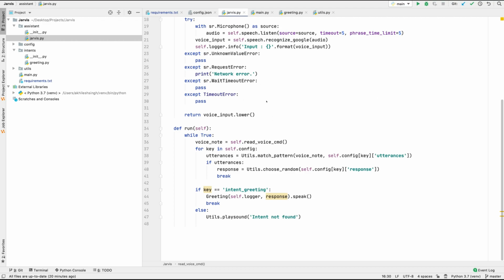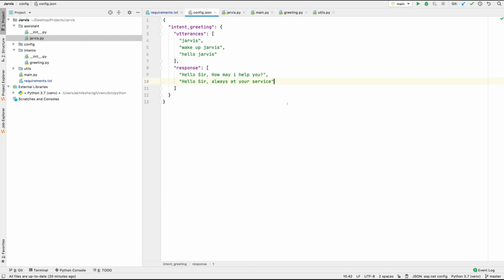So this is our Jarvis class. So first we need to have some configurations to open the applications. So for now, I'm just going to have 2 or 3 applications or one of the sites like Facebook, right? So here I'm going to create another intent, which will be going as intent applications, right? And again, we need some utterances, and first will be going as open, and then we will have the launch, right? So these are the 2 utterances.